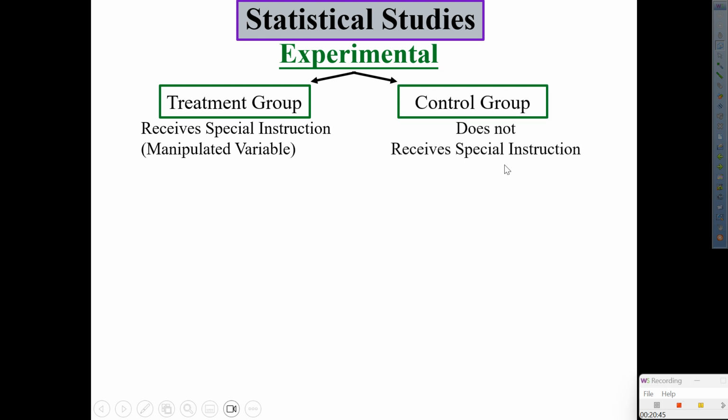Now, focus so you can think this through. Once again, we're already in the experimental study, and I'm going to select two groups. Okay? So there's a treatment group, which is the one that you can manipulate by giving them a variable, like doing something. Whereas there's the other one that does not receive any information at all, not affected with anything. So let me show you how that works. Ready? Here we go. Focus.